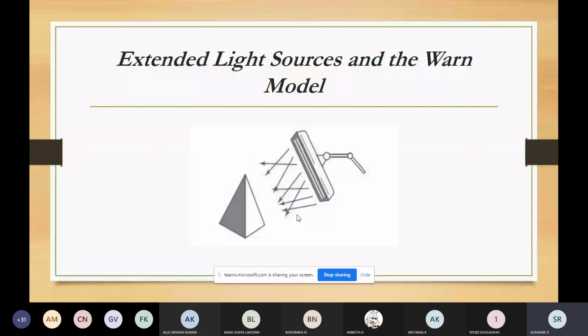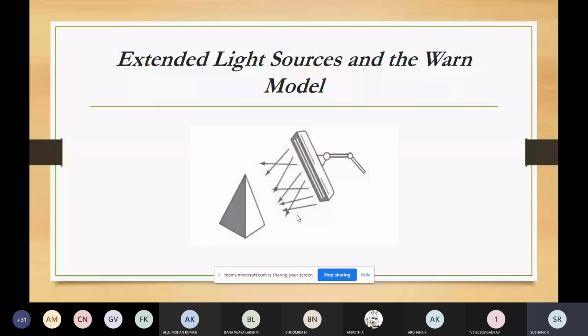This light source means the light source will be placed very close to the object. These kinds of sources we can call extended light sources, where you want to include a light source at a position very close to the object in a scene. So how can you do this, or how can you include this kind of scenario?